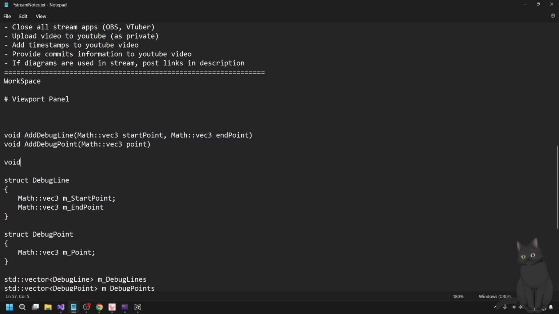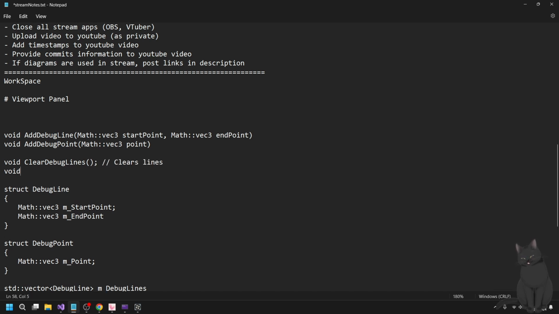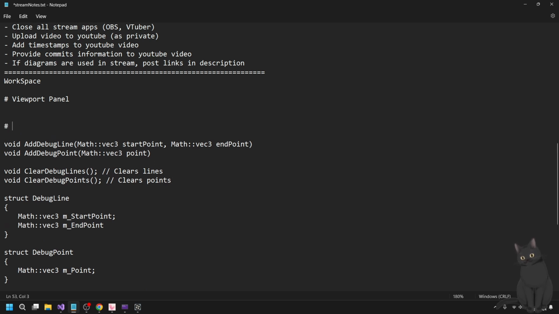And then the other thing, I want to have ClearAllDebugLines, which just clears lines, and void ClearDebugPoints, which just clears points. Now I just need to provide these to scripts. So these four need to be provided as functions to KG scripts. Okay, there we go.